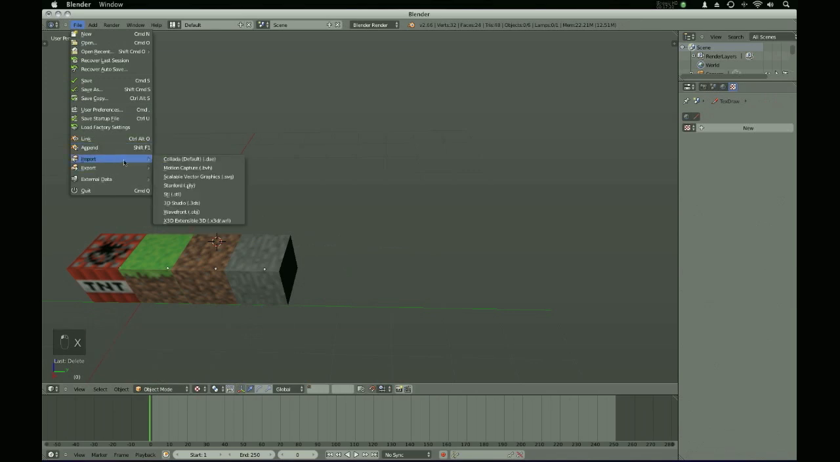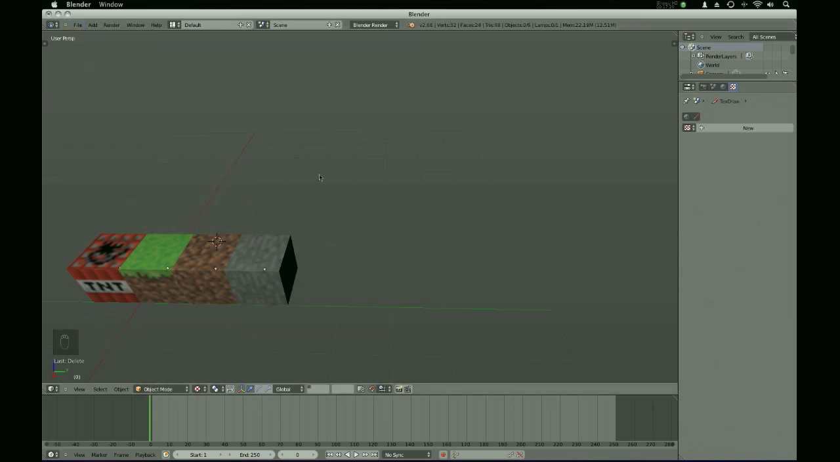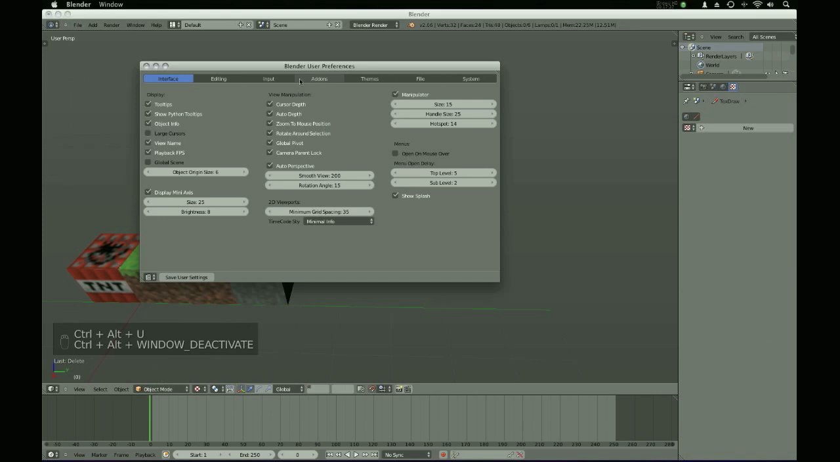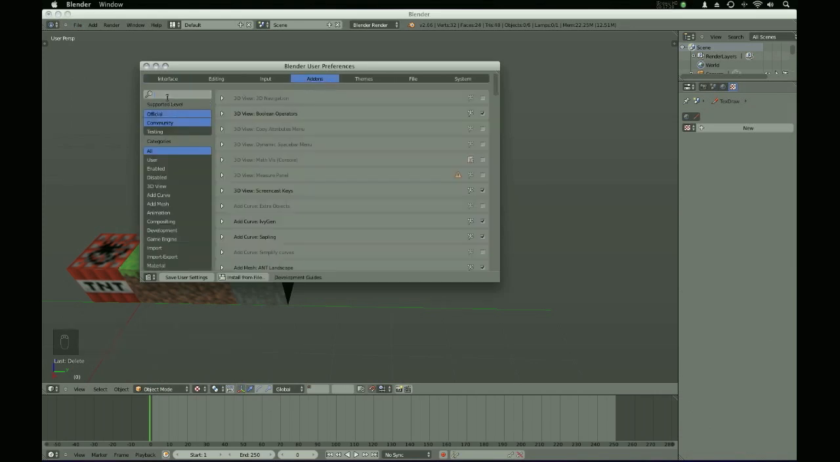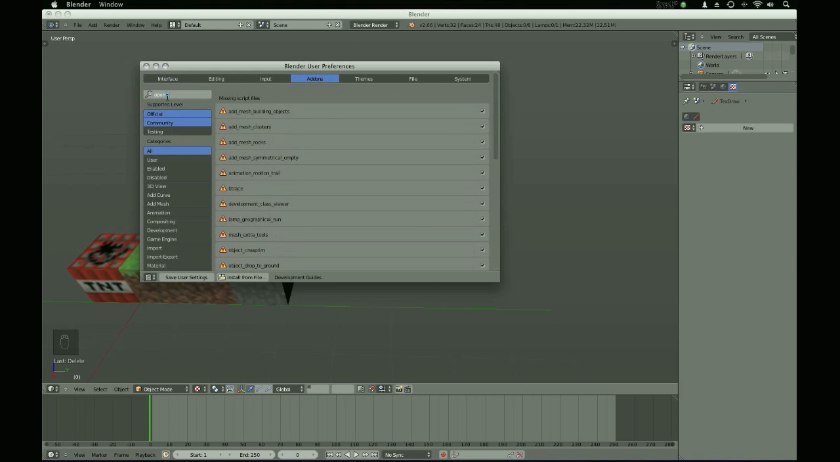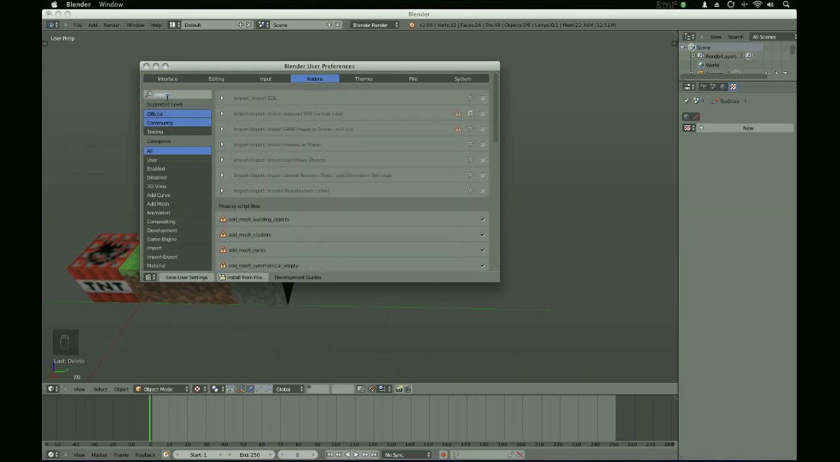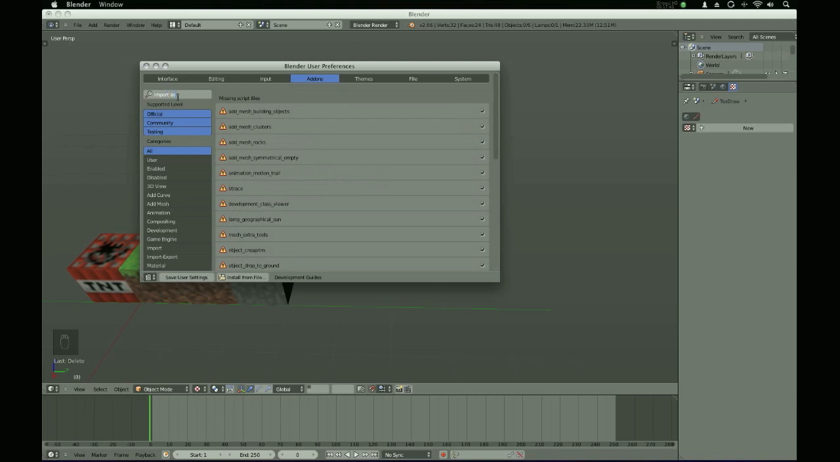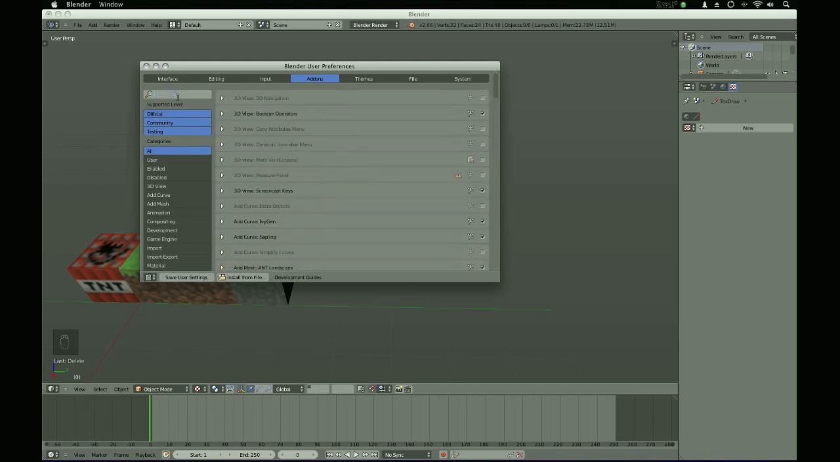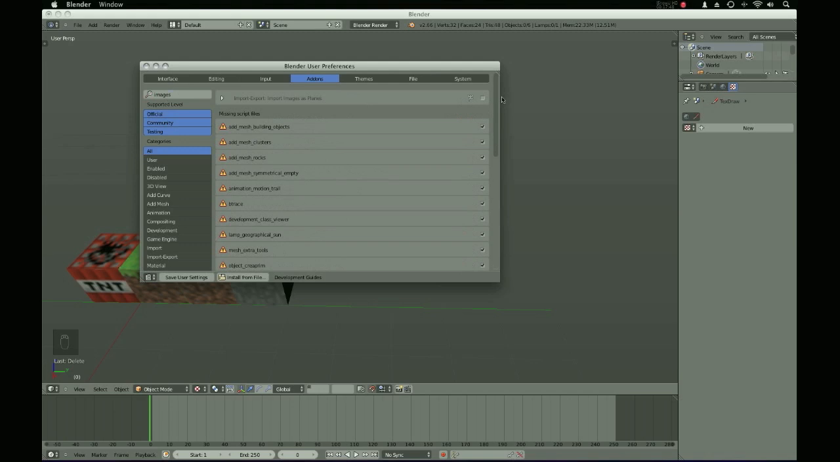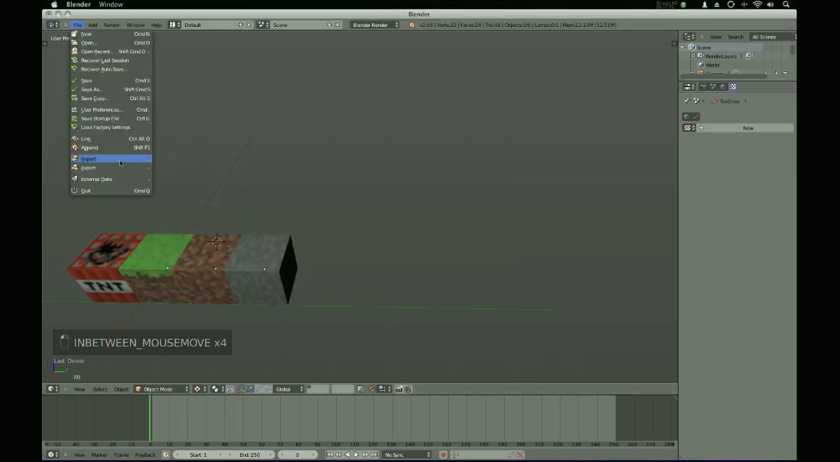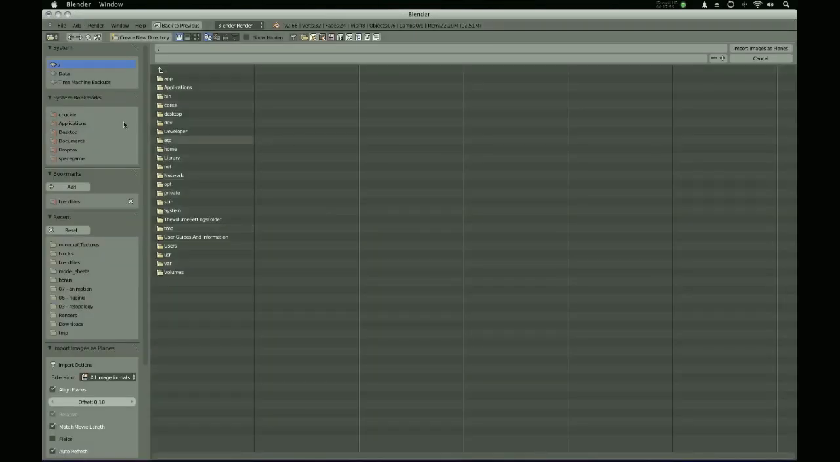File, import. Oh wait, I need to turn on open as layers. So Control-Alt-U, and it's an add-on. I love this add-on. Import as. Everything's in testing. Images. Import images as planes. Yeah, that's it. So check that, and then if you click import images as planes, and then go find